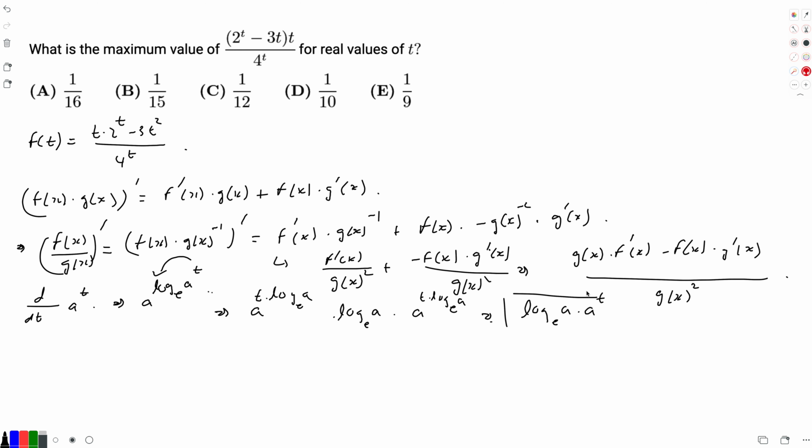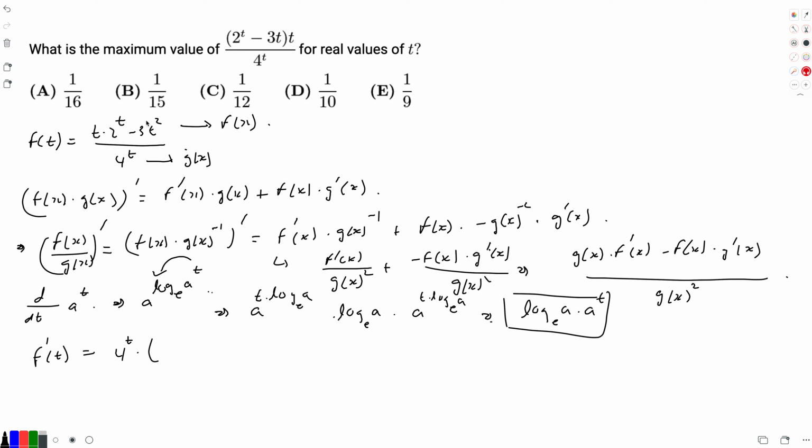So we've derived 2 useful formulas to solve this question. So now let's actually get into solving this question. So using the product rule and this above theorem, what we have to do is differentiate this. This is g of x, this is our f of x. So we have g of x, 4 raised to power t, times f of x, times f prime of x, which is